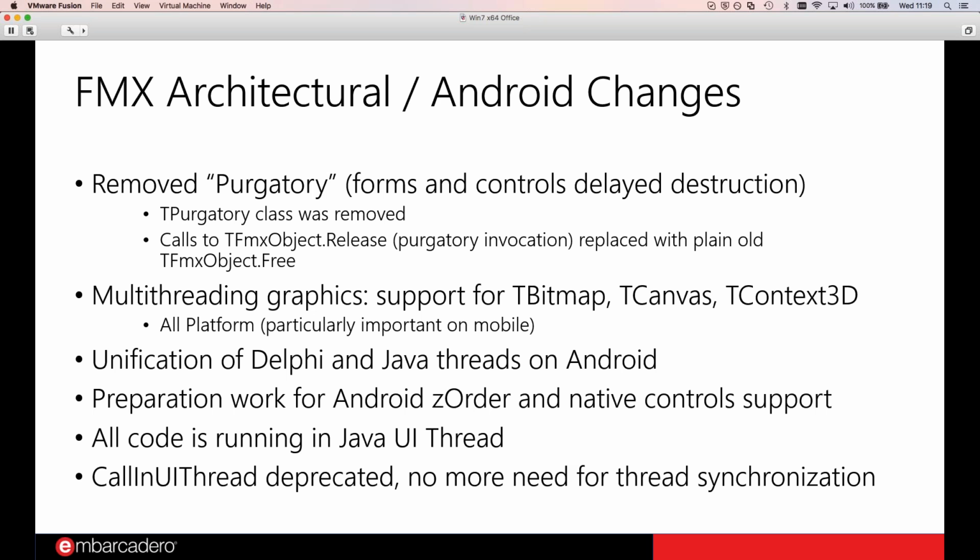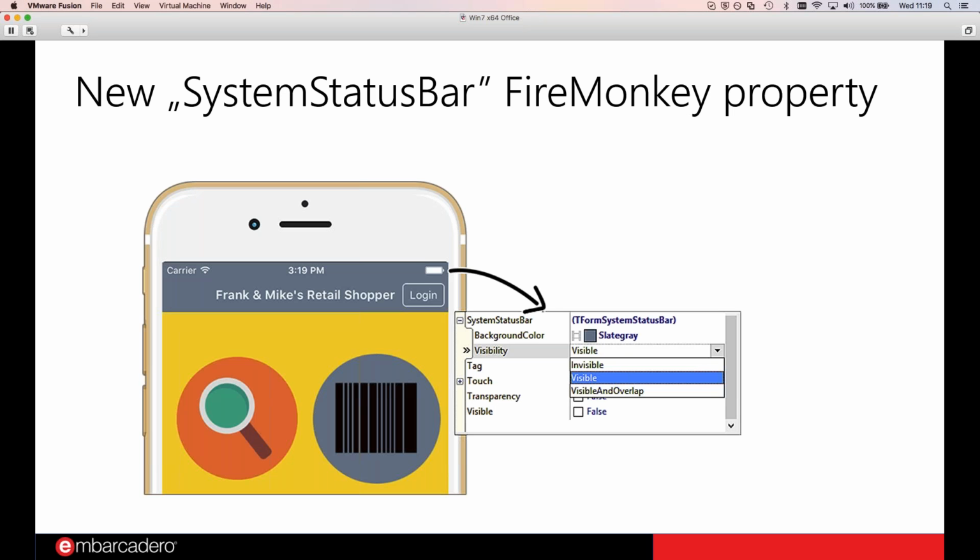We have some basic improvements to multi-threading support for graphics, like bitmap, TCanvas, TContext3D are now thread safe. So these are some of the things that will be specifically interesting for mobile developers building Android applications with Delphi with FireMonkey framework. Also some other smaller improvements, like the new system status bar FireMonkey property, so you can control